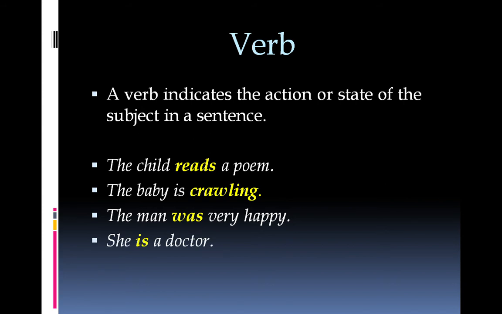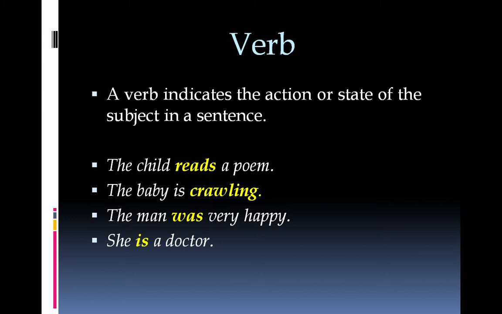Look at the next example. She is a doctor. Very similar examples. Example number 3 and 4 are very similar. There is the difference of tense or time only. This sentence is about she. She is the subject and she is doing nothing. This verb is indicates the state of the subject. So was and is fall into the same category. We call them linking verbs. These are the verbs which indicate the state of the subject.